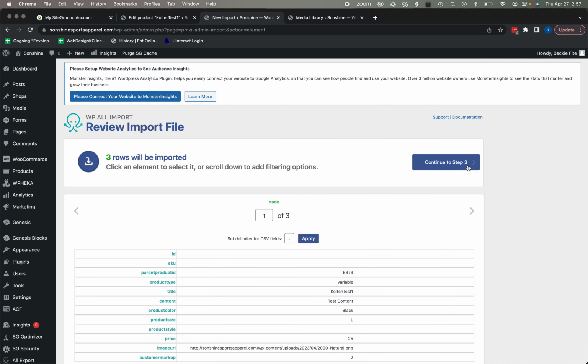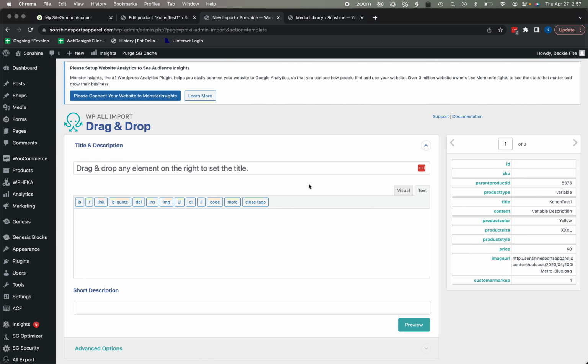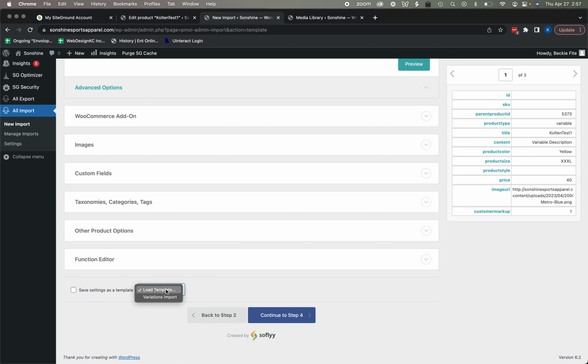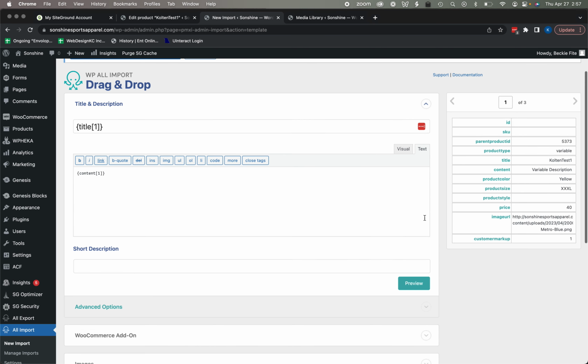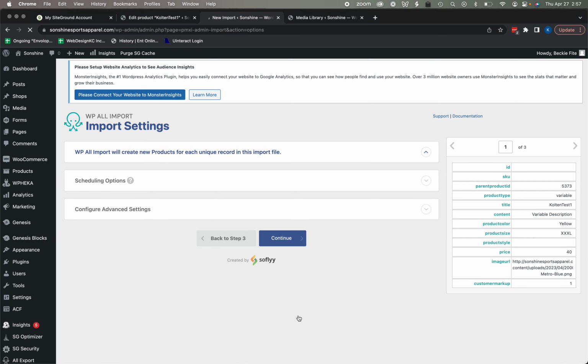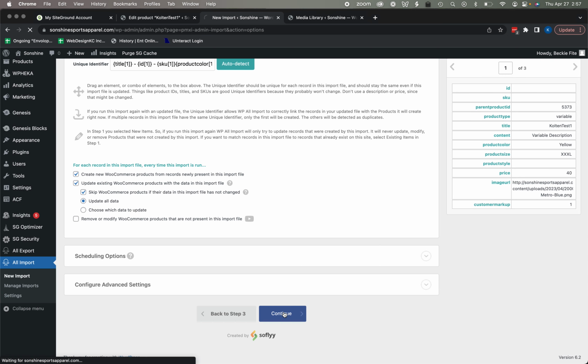This is fine. Continue to step 3. I've already set this all up for you, so you don't have to do any mapping. I already did all the mapping for you. So you just come down here to load template. Click on the variations, import. All of it's going to get mapped. And then you just hit continue to step 4. Everything is already done for you. You're going to hit continue,